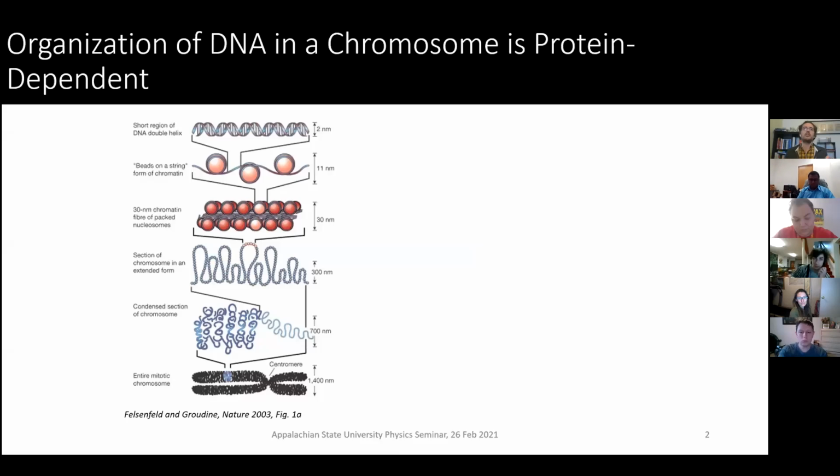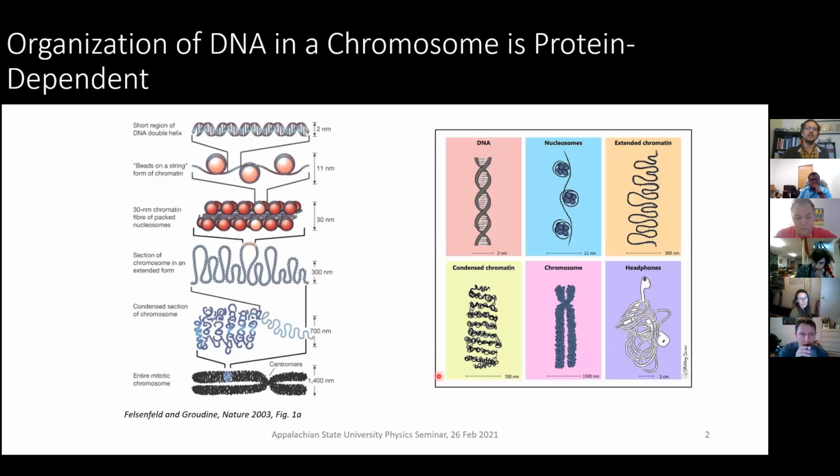One of the ways that we can look at this is just the way in which DNA is traditionally viewed and organized. It starts out as the rigid form that we were all taught in elementary school, where you have DNA as a double polymer that wraps around in this helical form, and it has a lot of base pairs like adenines and thymines and guanines and cytosines, and they all base pair to each other in this ladder configuration. And it starts to increase in levels of organization, such as the second level that you see here, the beads on a string. Then the third level is going to be this 30 nanometer chromatin fiber. And then it keeps going to a higher level of organization.